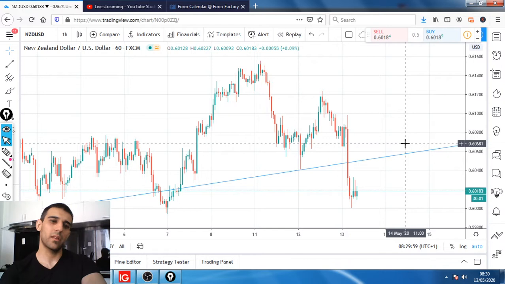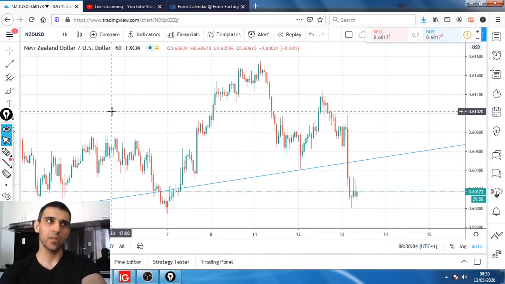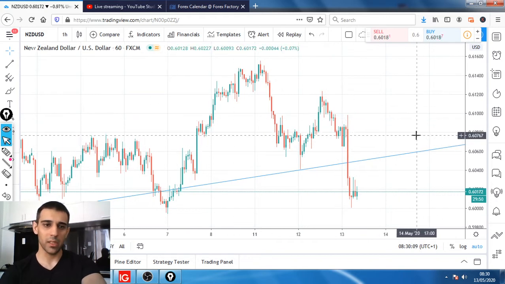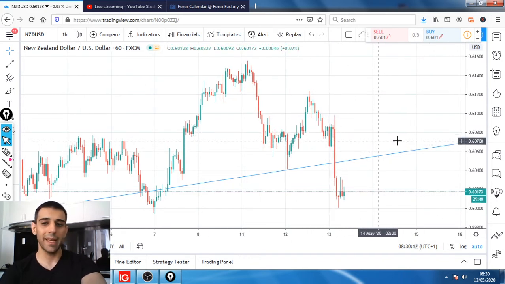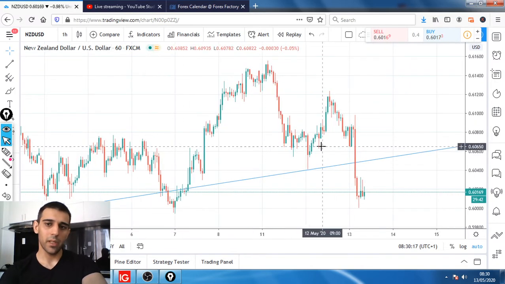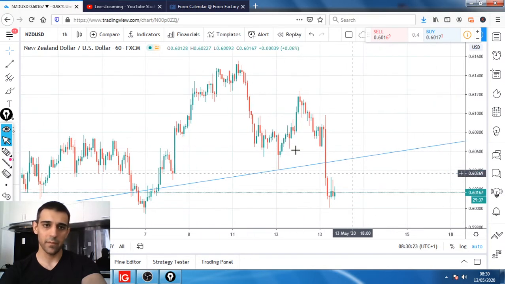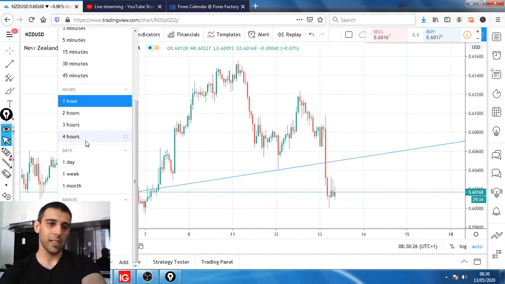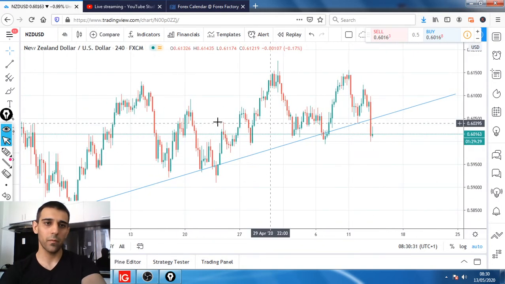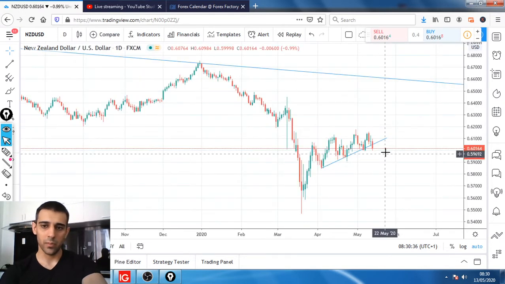Potentially, ideally, I would give it a 30 pip stop loss. But then we are looking for the 50 pip gain, which gives just under 1 to 2 risk reward. So unless you're happy with that, if you're taking just under 1 to 2 risk reward, then you can go ahead and take a trade. Just my opinion, I would not personally take the trade just because of the poor reward perspective. Unless we're gonna leave the trade and run it potentially further down, then it's a different story. But for now, I can't really make that call because the price is not closed.